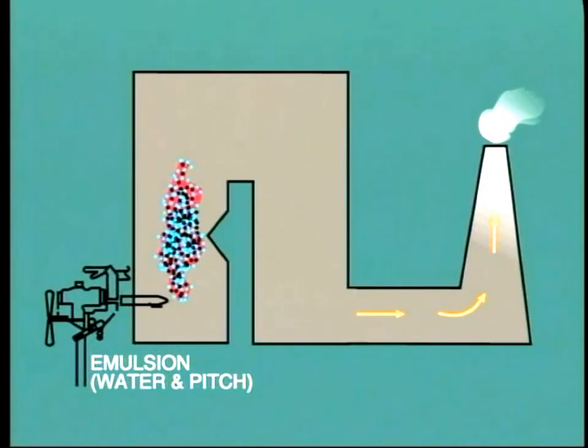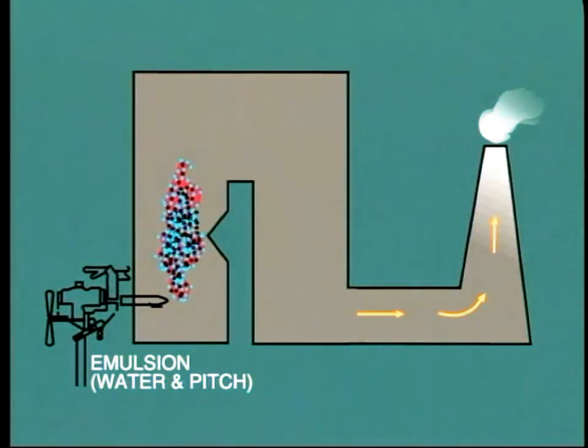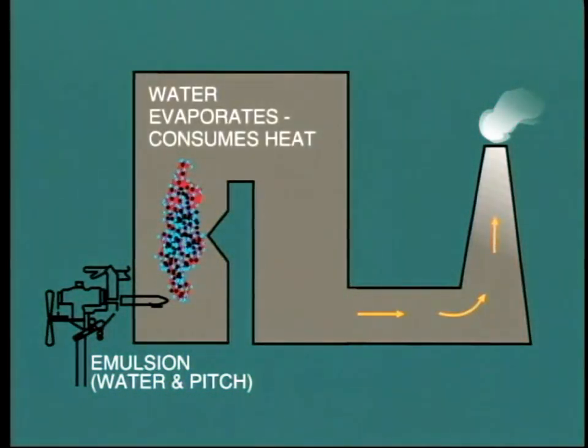However, there are several drawbacks. One is that the water carrier, on entering the furnace, absorbs a large amount of heat as it evaporates, so reducing the amount of heat available to produce steam. There are also a number of problems involved in handling this type of fuel. However, this subject is really beyond the scope of this present program, so let's move on to examine a very